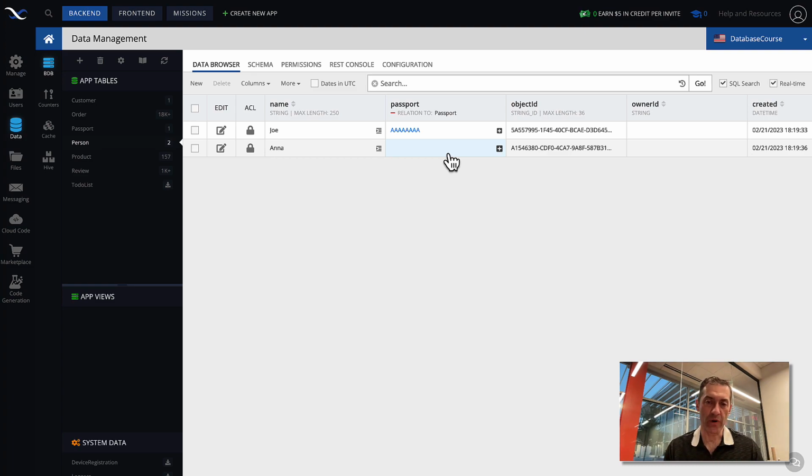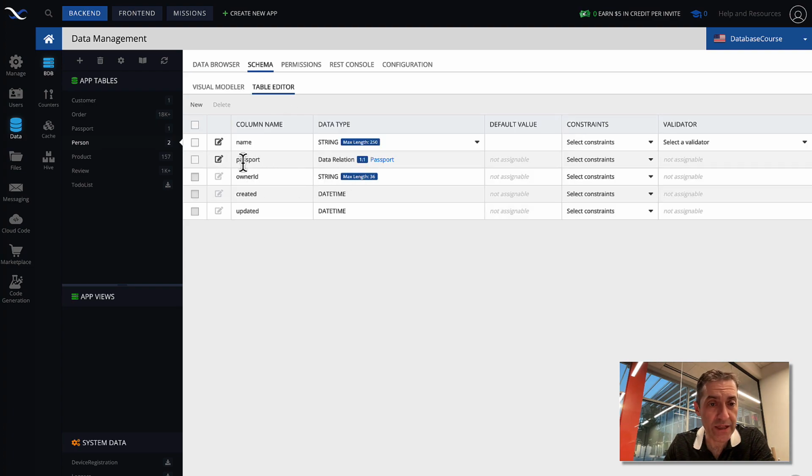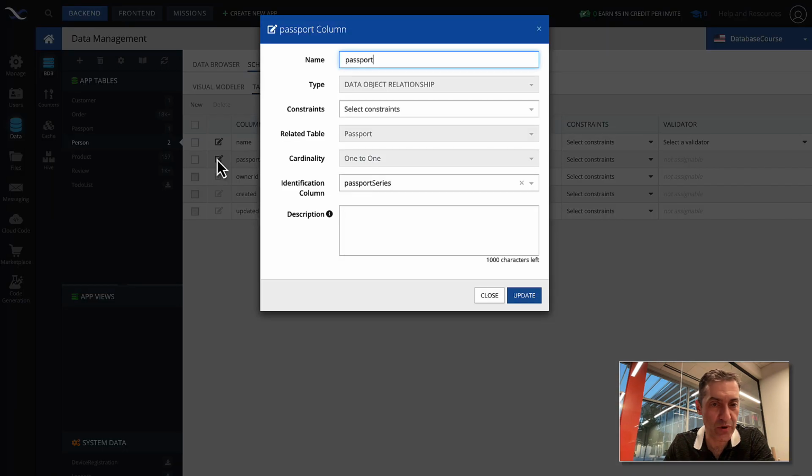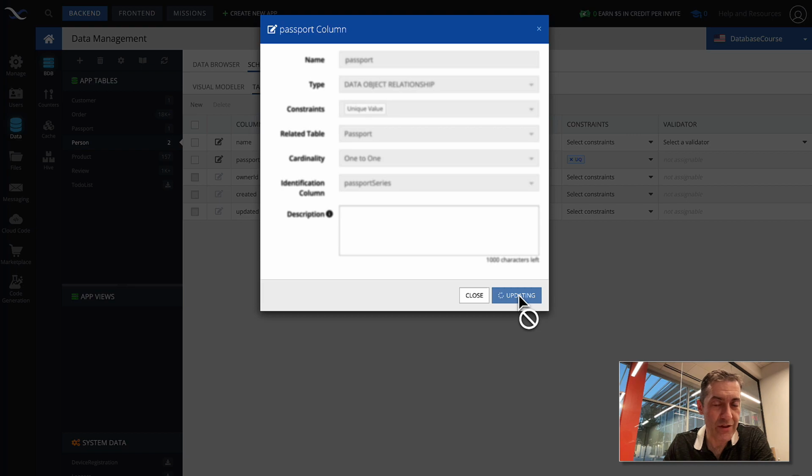So in order to enforce that only one record can belong to only one person, and you cannot have multiple people pointing to the same passport, we can specify a constraint for our passport relation. For this, if I go to schema and click on the edit icon for passport, notice that in the constraints, there is a unique value constraint. So if I assign that constraint to that relation column, nothing really changes visually, but watch what happens